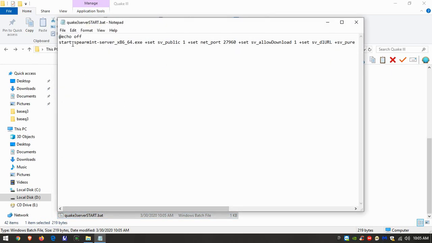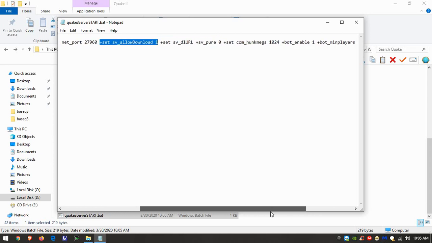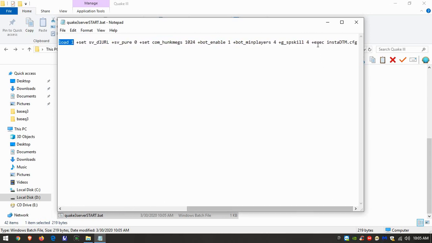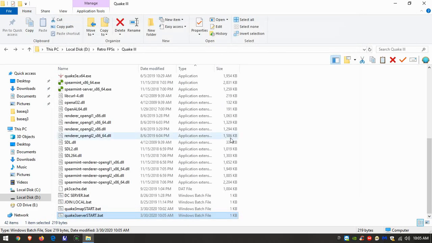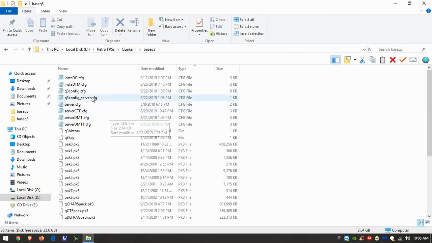As you can see, if you want to create a server in Spearmint, you have to put these variables: set sv_public 1, set net_port 27960. I highly suggest you load downloads, and also here you can see that it's executing this insta configuration file, insta deathmatch. So I'm going to close this, and the configuration files for each server should be placed inside the base Quake 3 folder. So we're going to open the insta TDM